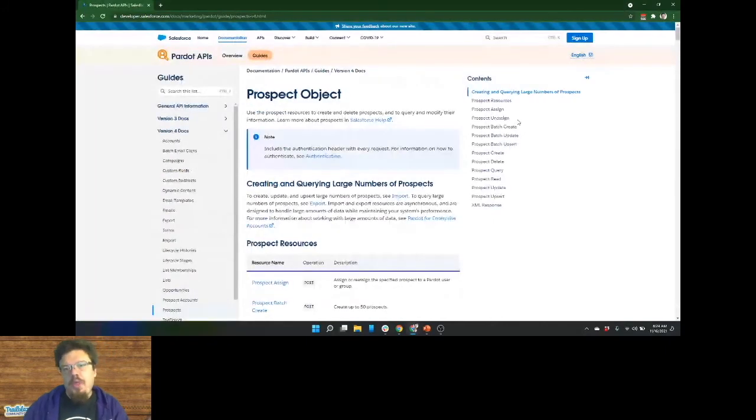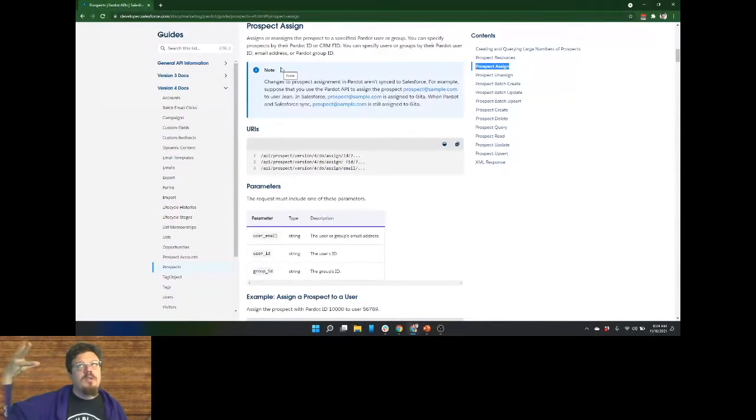And the Pardot name for migrating to CRM is prospect assign. So if the record's not in the CRM and we want that record to be in CRM, we need to do a prospect assign. That's kind of the magic part. It's not obvious that that's what we can call it if you're not familiar with Pardot and Pardot language.